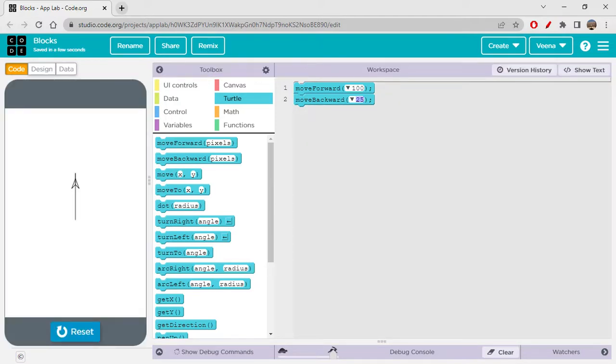Yes, it is moving behind, right? So it is moving downwards now. Like in terms of 2D, we can say downwards and upwards, moving forward and backward, right? So now,